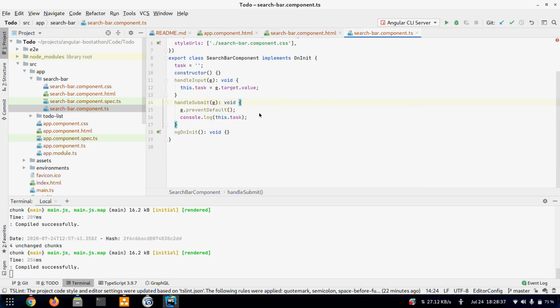We can add void here. It's TypeScript complaining. So whenever the form gets submitted, we first call preventDefault so that the default behavior of refreshing the page doesn't occur. Then we do whatever task we were supposed to do.